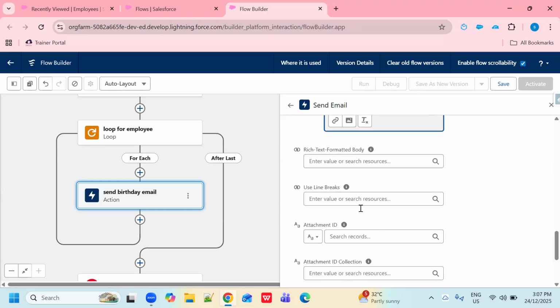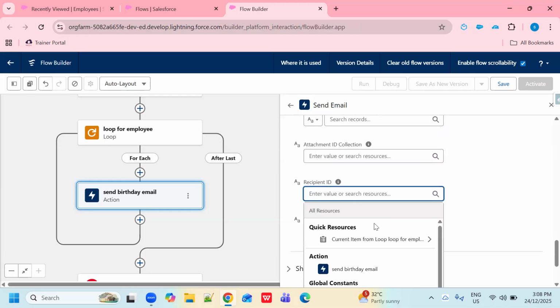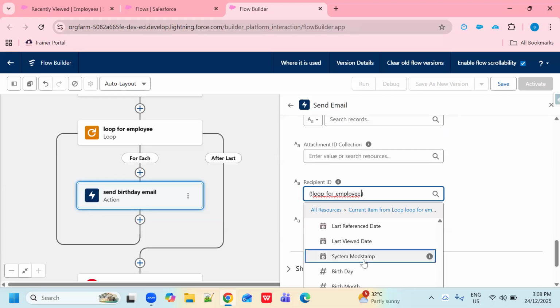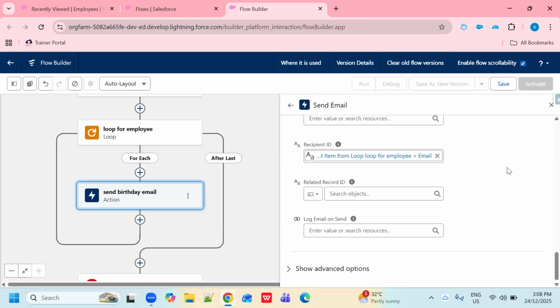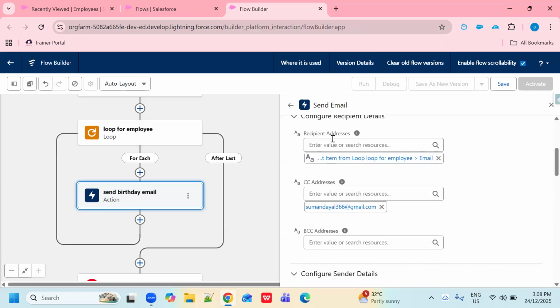So after doing this, here we need to mention the recipient ID also, right? So what should be the recipient ID? It is the same which we have done earlier, that email, right? So in this way you can select your recipient ID, you can fill your recipient address, right?